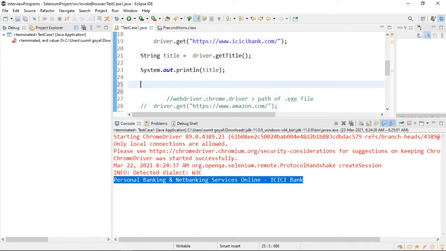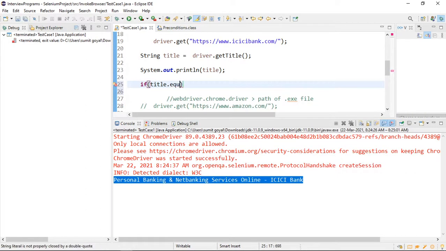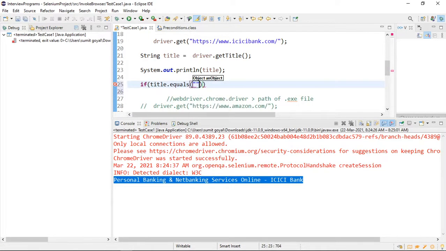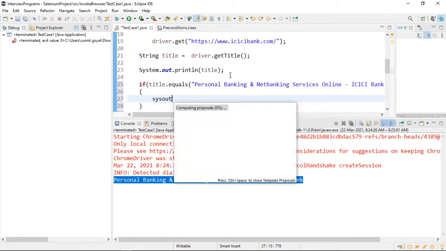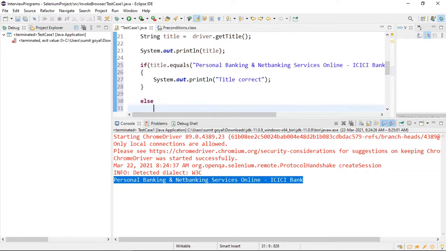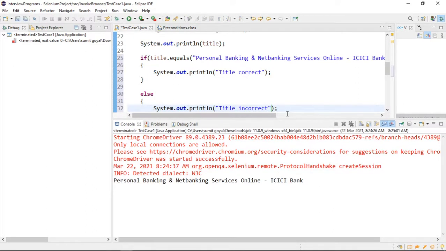What you can do is, if title dot equals, as it is a string, dot equals. This is a Java part; I am just validating whether the title is correct or not. I can print title correct, otherwise title incorrect.